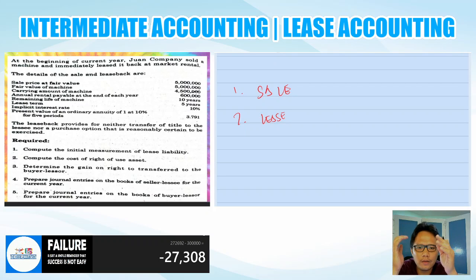So what happens here? For example, I sold something. Then, after the sale, I negotiate with the buyer that I would lease the item that I have sold. That transaction is called sale and leaseback. So the point is that there is a sale and leaseback if these two